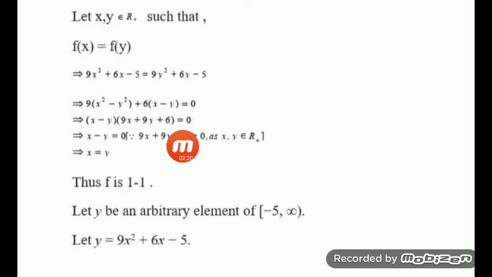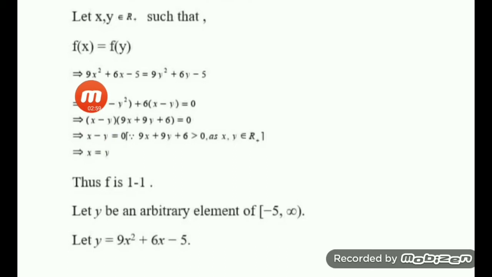Here you see, previously we could cancel out and one element was left and we could simplify like that. Here also we can cancel out the constant. But on the left and the right side, both sides, this step is left: 9x square plus 6x, and on the right side we have 9y square plus 6y. Okay, so you cannot say directly that x equal to y. Now we have to factorize it, and for factorization we bring all these terms to the left side: 9x square plus 6x minus 9y square minus 6y. If you bring all this to the left side, it will become minus and minus.